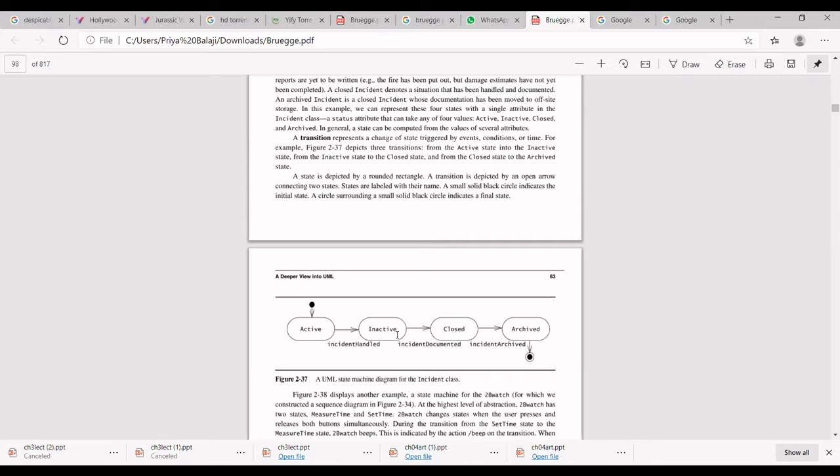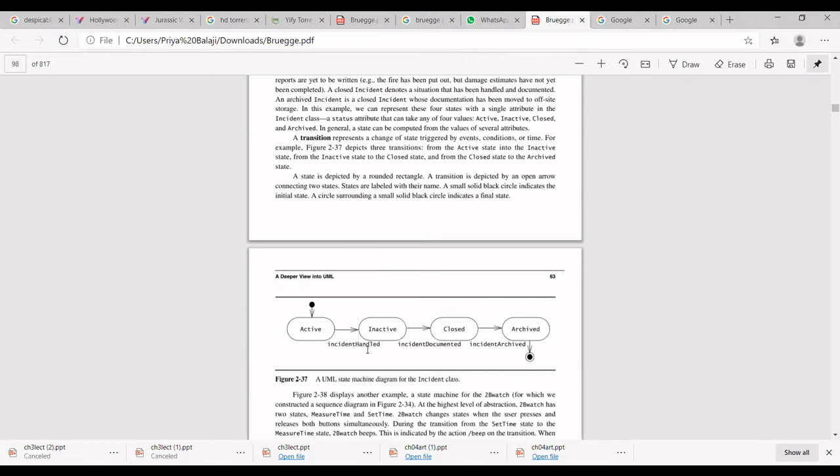The report is stored in the database. Then it goes to the archived state. The start of the state diagram is shown using a dark circle, and the ending is shown using a dark circle with another outer circle. This is the end and this is the beginning.